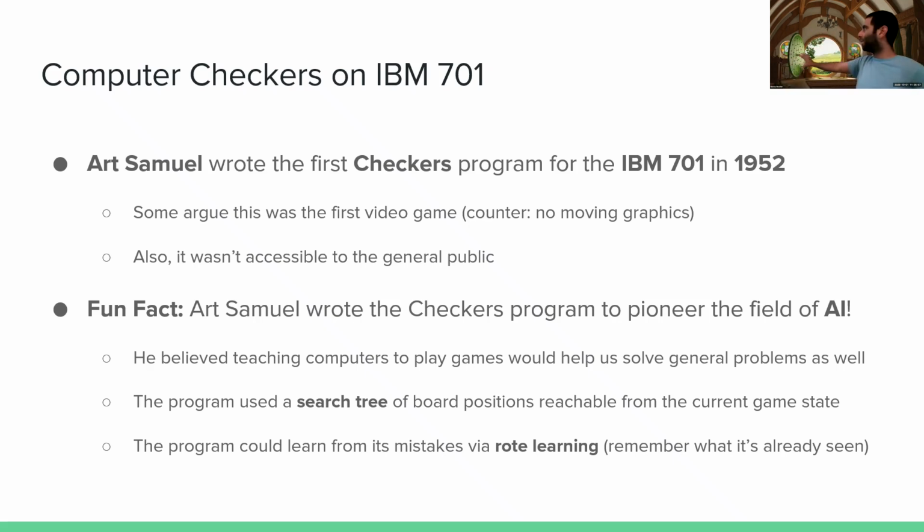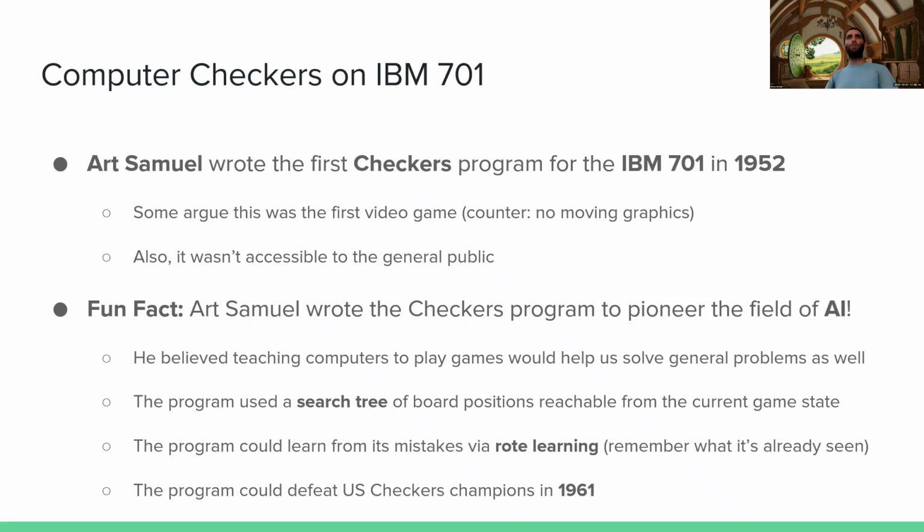So this is one of the very early days of artificial intelligence, learning automatically while playing a game. And actually, it was so good that in 1961, less than a decade after he first wrote it, it was able to beat US checkers champions. This was a big deal because up to this point, computer programs were so primitive that an actual expert could wipe the floor with any computer program someone could make. Now we're showing that computers can do really crazy stuff.